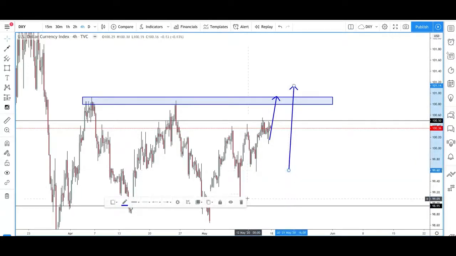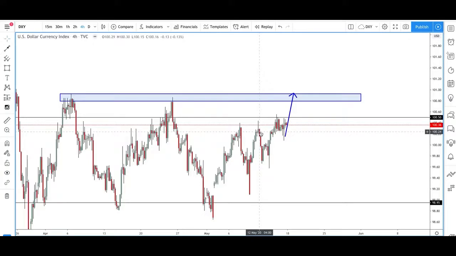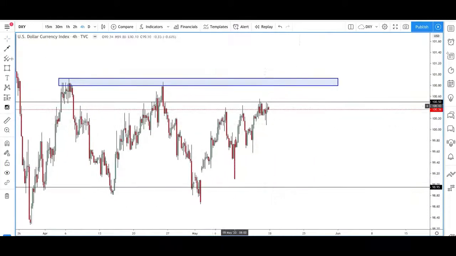So the market's a lot more patient. There'll be a lot more moves in between getting from point A to point B. There can be a few twists, as I always say. So yeah, I'm looking for this to potentially come up and hit this sort of triple top, and we might see a sell-off from there coming back down.